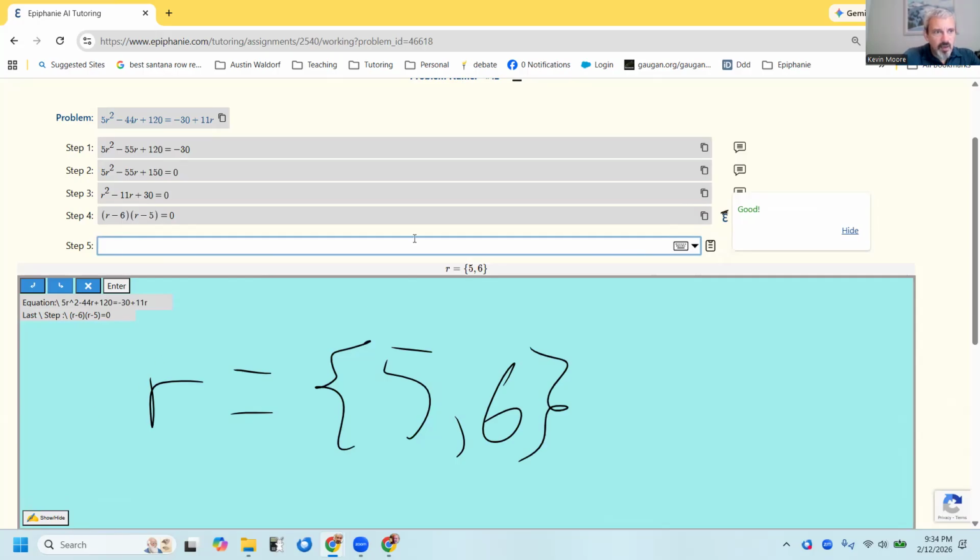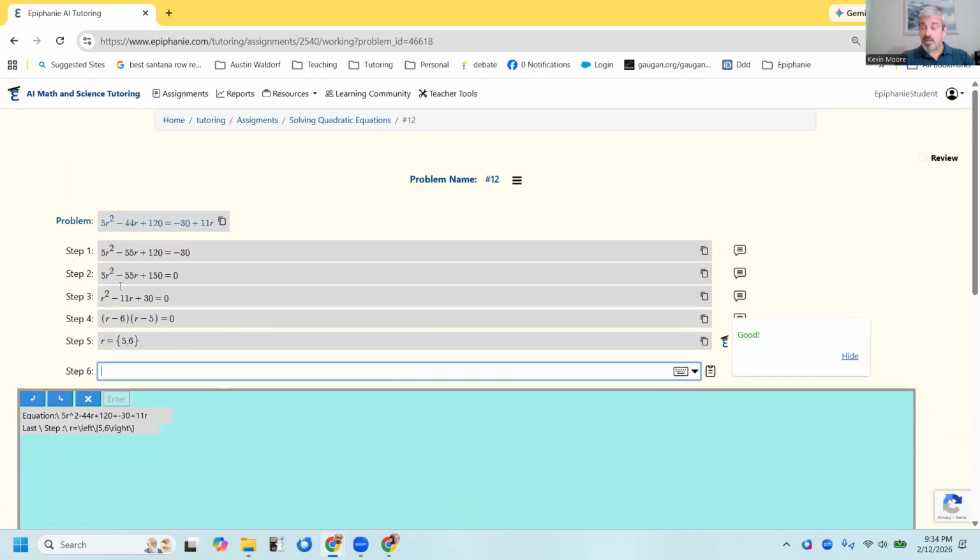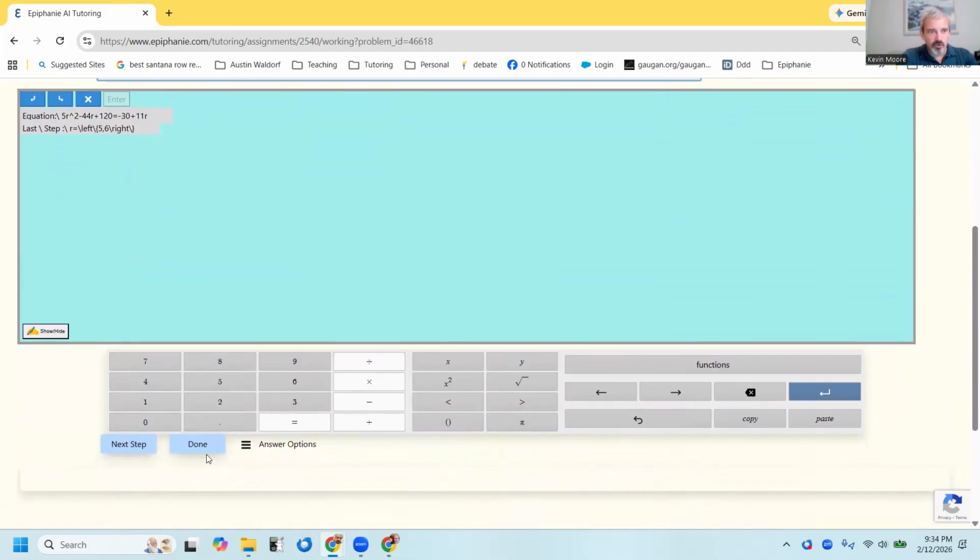There we go. And we have our answer. So you can enter this typing using the keyboard. You can enter it with the handwriting system, especially if you're on a phone or an iPad. That can be a great way to do it, some kind of tablet. You can also enter it through the GUI if you want to. And then when you're finished, just like we did before, we can select done, and we are done with this